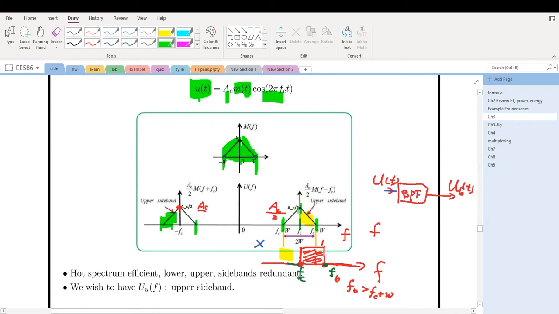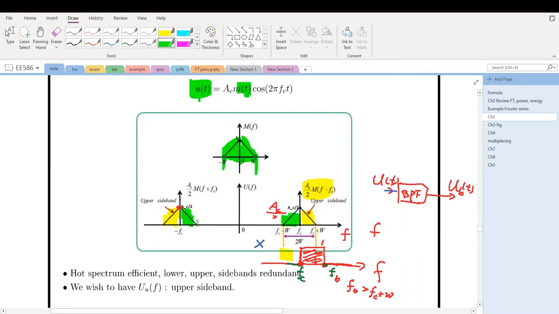And the magnitude here becomes half Ac. This notation, Ac with subscript c, is a LaTeX notation. After compiling in LaTeX, it will show Ac divided by 2. Ac comes from here because the magnitude of the carrier is Ac, and the half comes from the modulation property. And this portion is half Ac M(f minus fc) for the modulated signal here, and this portion is the upper sideband, and this portion